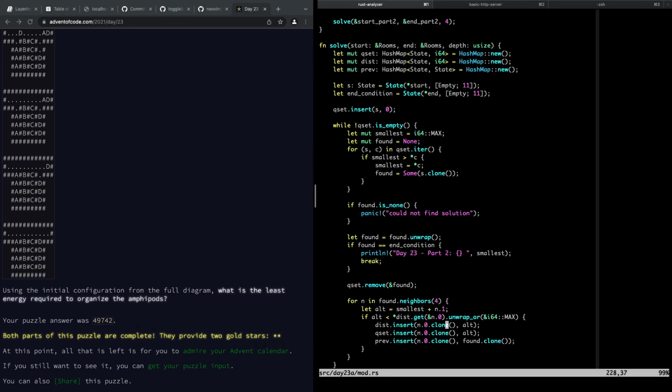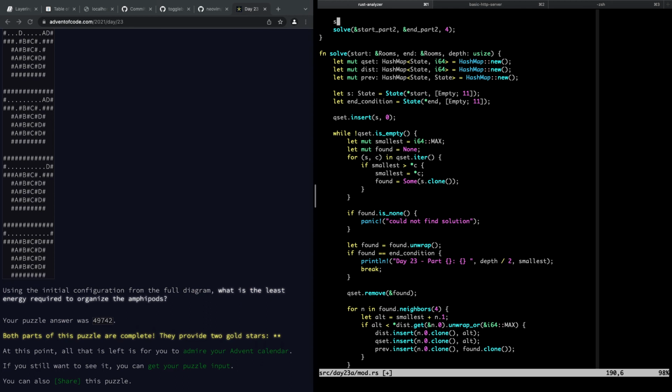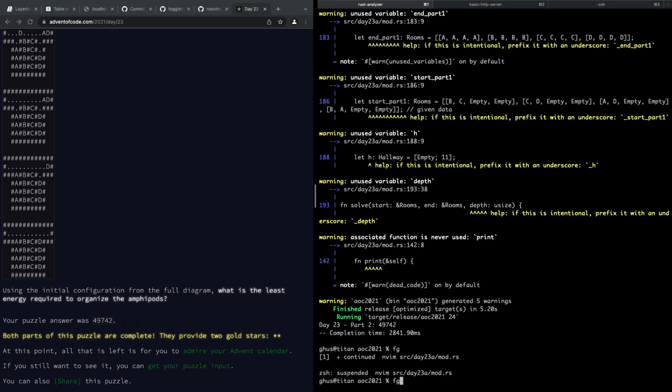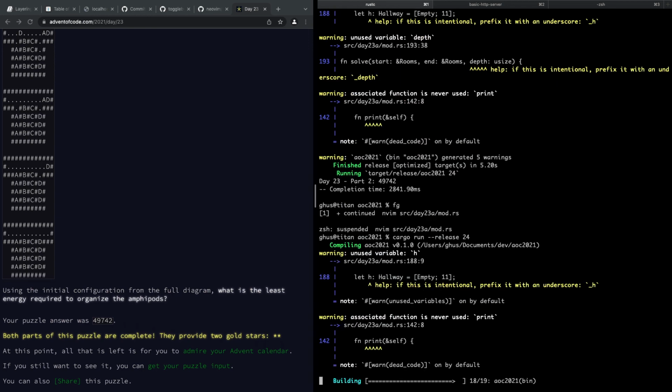Now we're going to say this, and we're going to say depth over 2. I'm cheating. So then we should be able to say solve, start part 1, end part 1 with a depth of only 2. And it doesn't like that because I misspelled part, both times. Wow. Okay, now we're down to 3 warnings,